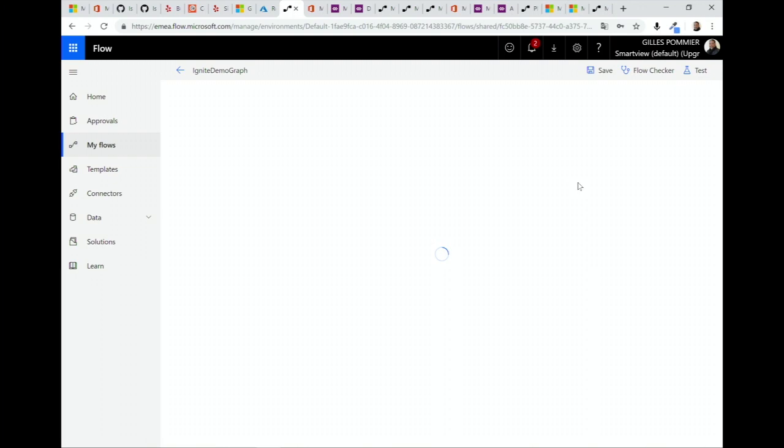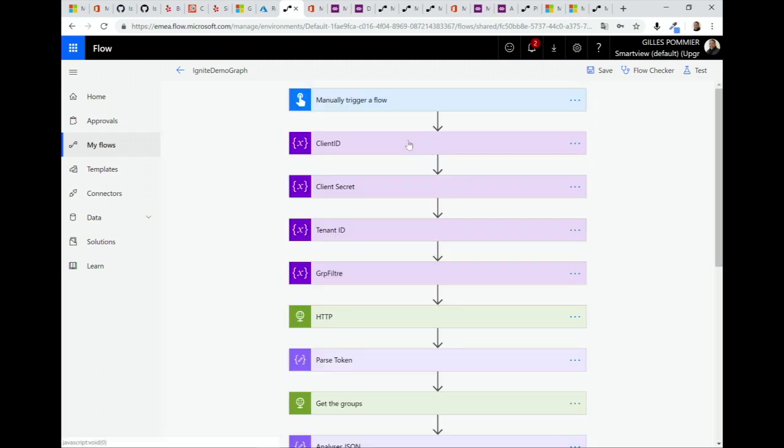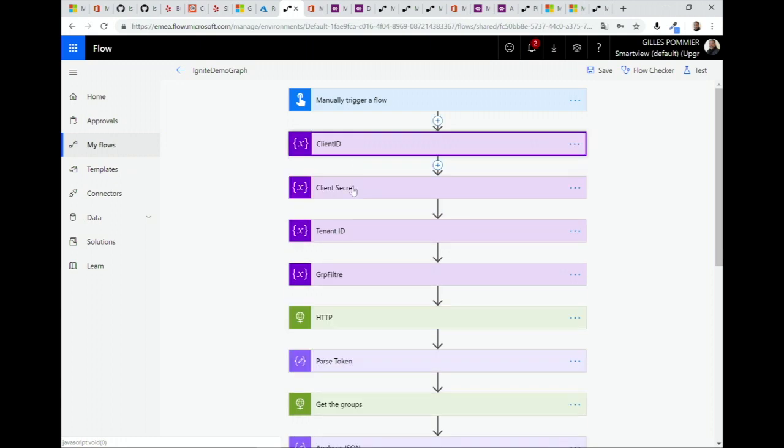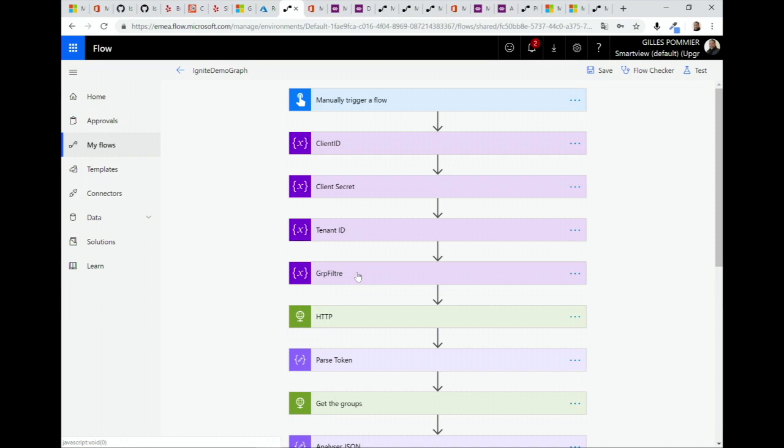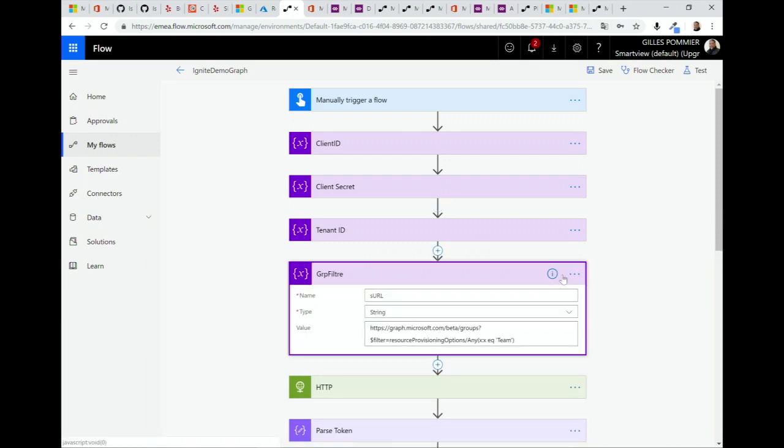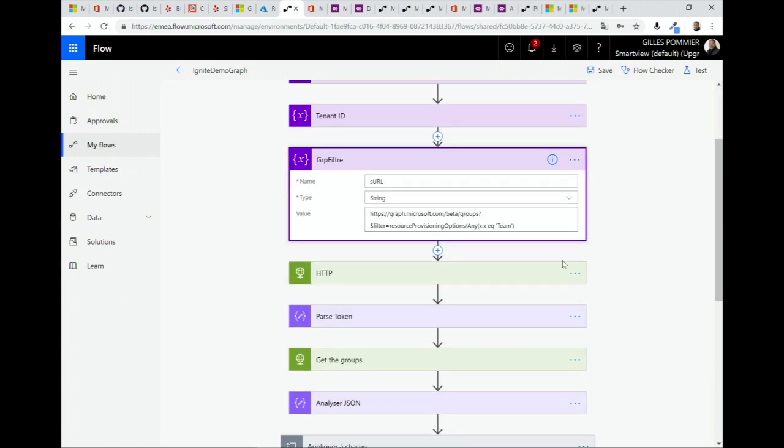In my flow, I need to have the client ID, the client secret, and my tenant ID, and then I have my query that I store in a variable like this. So I have my graph query available here, and then I need to have a process to do the authentication.